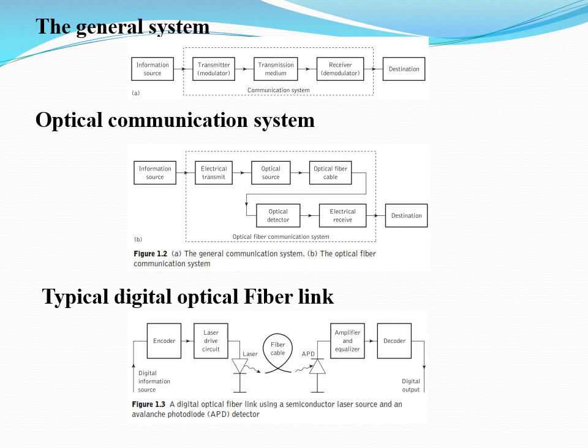This conversion of the electrical signal or electrical quantity into an optical signal is done by an optical source. In this diagram you can see that the optical source is used to convert the electrical signal into an optical signal, or light. The optical sources can be an LED or a laser, that is, a light emitting diode or a laser. We can have several types of light emitting diodes or lasers, and based on the requirement, we use them in a communication system.